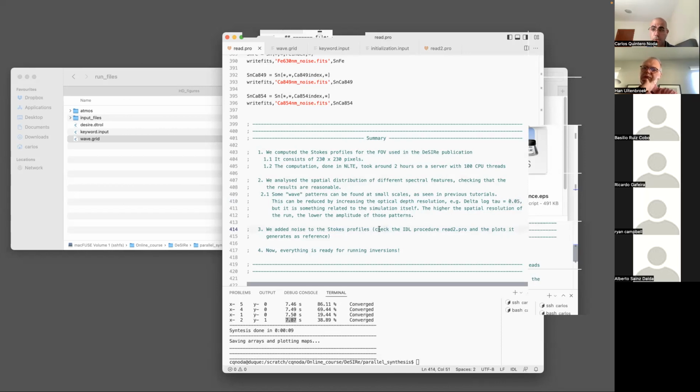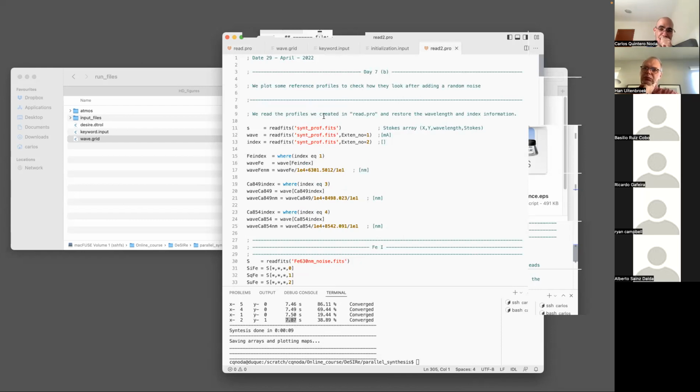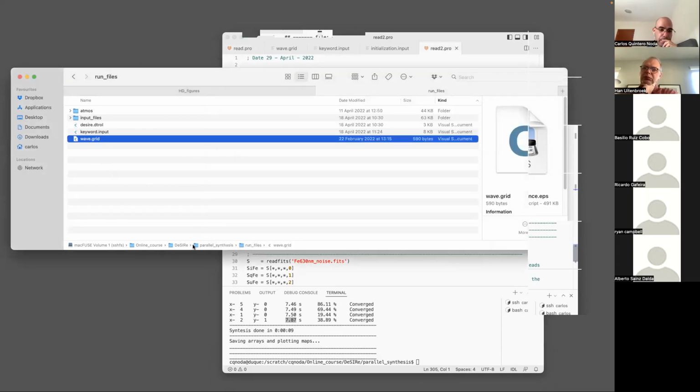And then we added noise. So now we have the input ready for the inversions. And I think this is basically all. So just let me show you. Well, is there any question before I show you pixels? No? Okay. So then in the same folder,